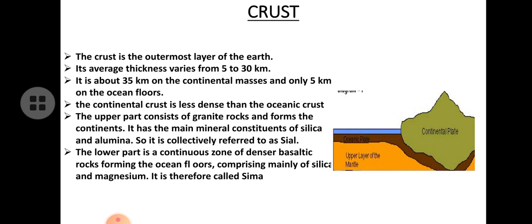So the Sial and Sima together form our total earth crust. The oceanic bed along with the continental crust, we call it together Earth's crust. And Sial, that is silica and aluminium, is lighter and weaker than Sima. Since the ocean rocks are stronger than continental rocks, we say our continents are floating on the sea water.